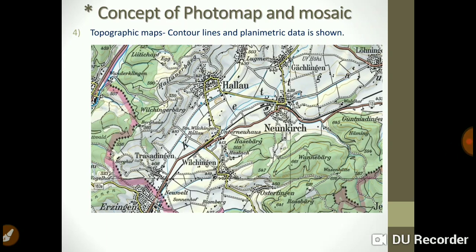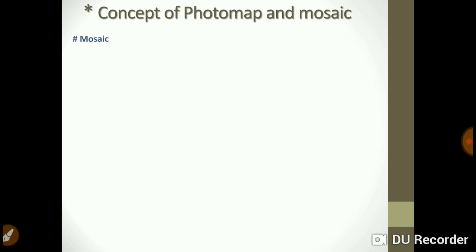So we understood that a photo map is nothing but a single photograph, or we can say an aerial photograph, represented by different grid lines, contours or map features. Then we can call that aerial photograph a photo map. The next concept is mosaic.